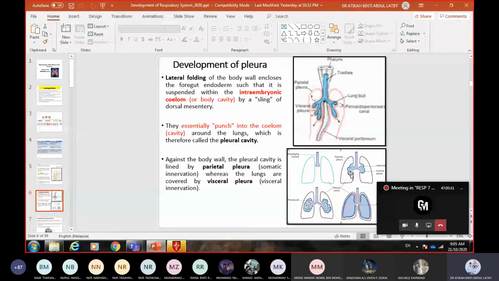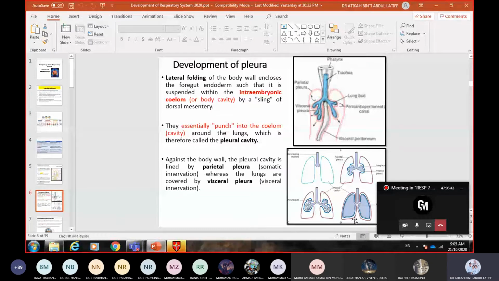Okay, so the lung bud will grow and punch out into the coelom, and finally it will develop the pleura outside of the lung. Okay, so basically the pleura is just formed by the punching out of the lung bud towards the coelom cavity. Okay, and the cavity becomes smaller and smaller once the lung grows, and finally